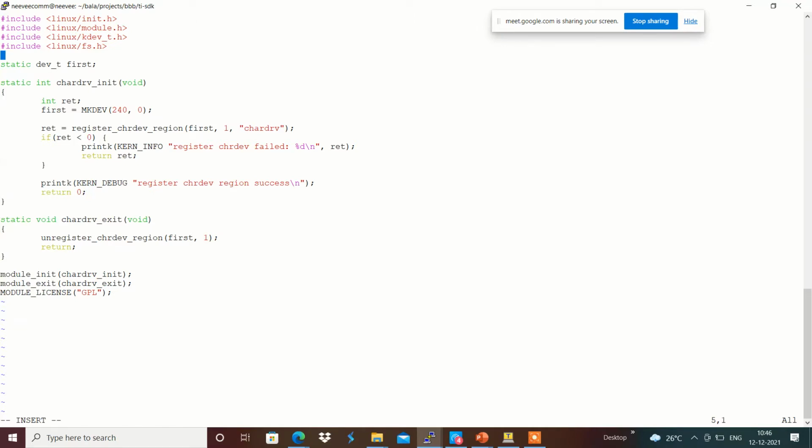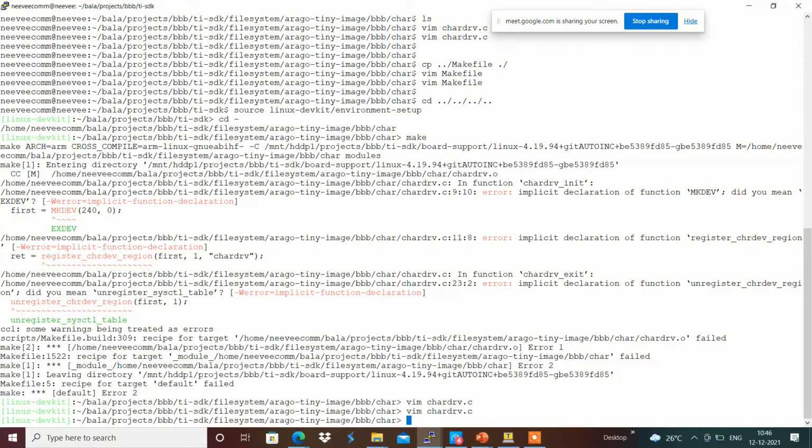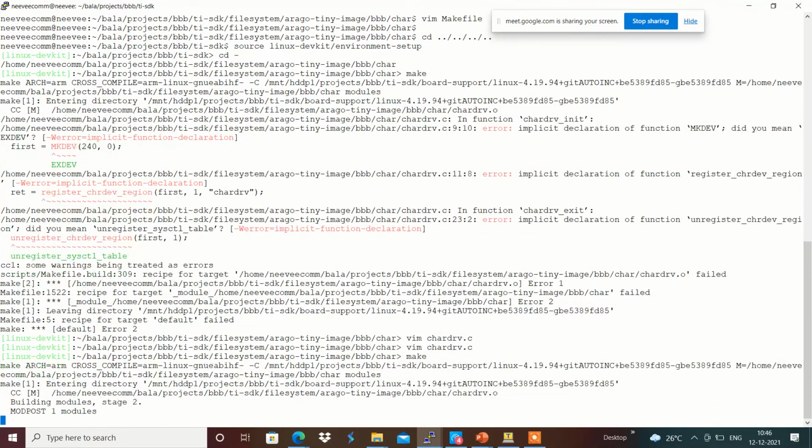Okay, fine. We shall continue. I just included kdev_t.h for mkdev and fs.h for the register_chrdev_region and unregister_chrdev_region definitions. Now I am going to compile it again.